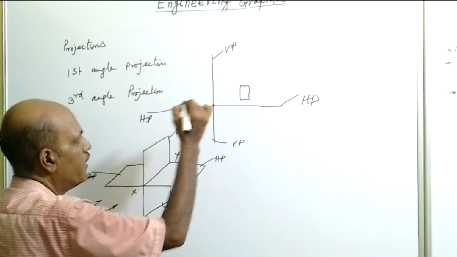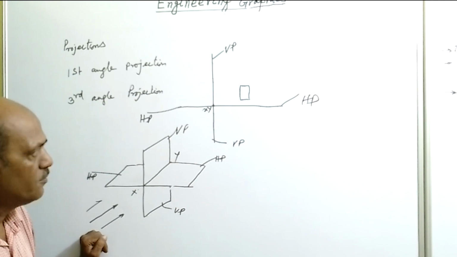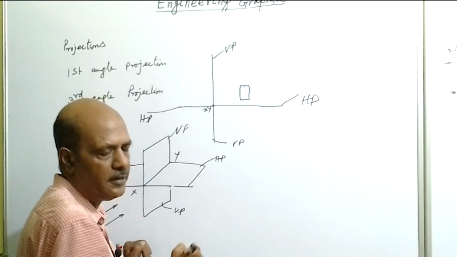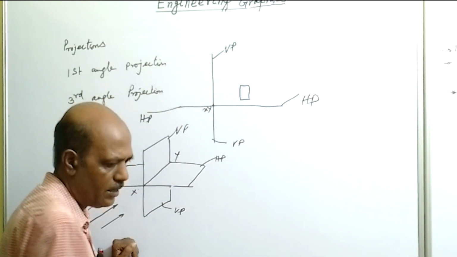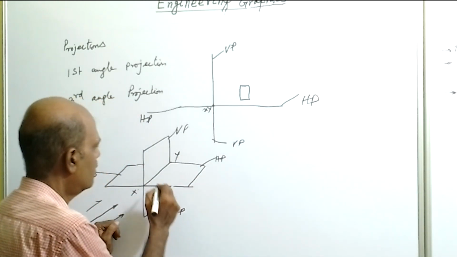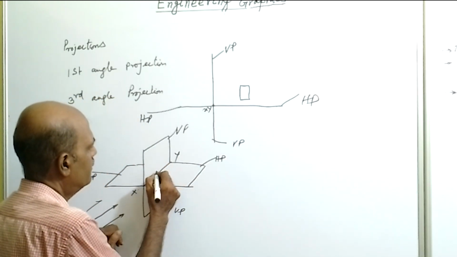XY. So this point indicates the reference line, and this line indicates the planes. This is the horizontal plane and this is the vertical plane. Now if the object is placed in the first quadrant, so let us see here, say